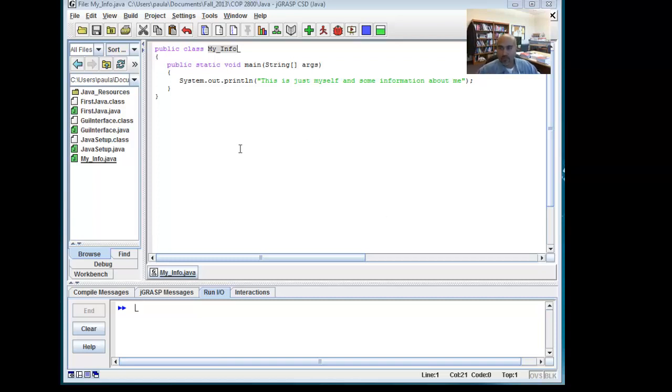okay, so here is my very simple code. Public class my info, public static void main string argument, and then this is basically a print line that we use in Java, and we do it by calling in this particular class, which is system, and then followed with a dot. Out is my object, print line is my method or my function, and of course the functions are identified by having a parenthesis right following it,